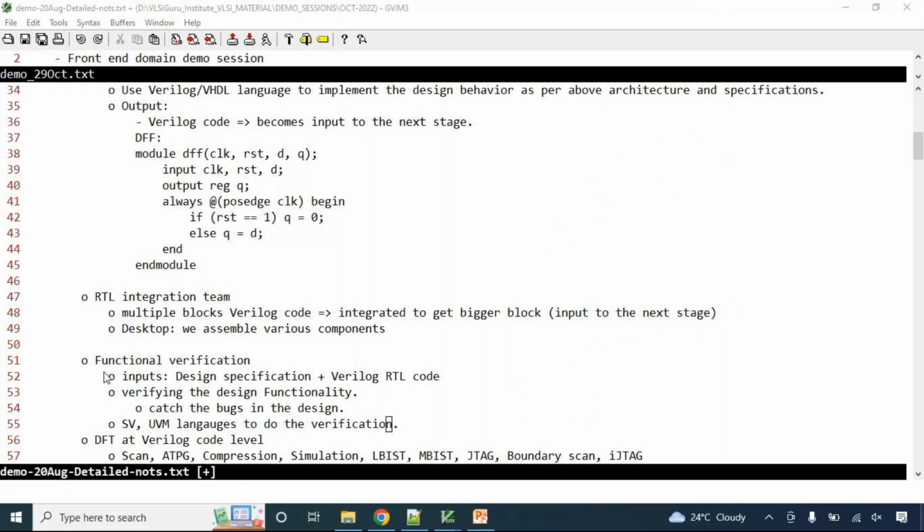So I hope you understood the basic idea of what functional verification is. So what are the inputs to functional verification? Can you please read it? Design specification is one input and Verilog code is the other input. Then